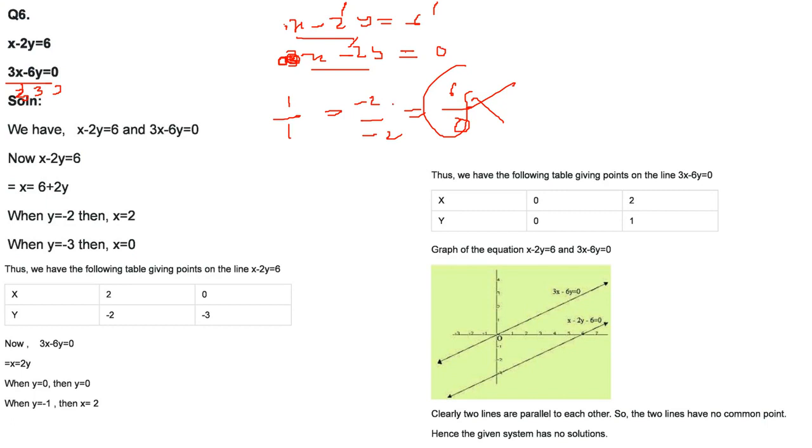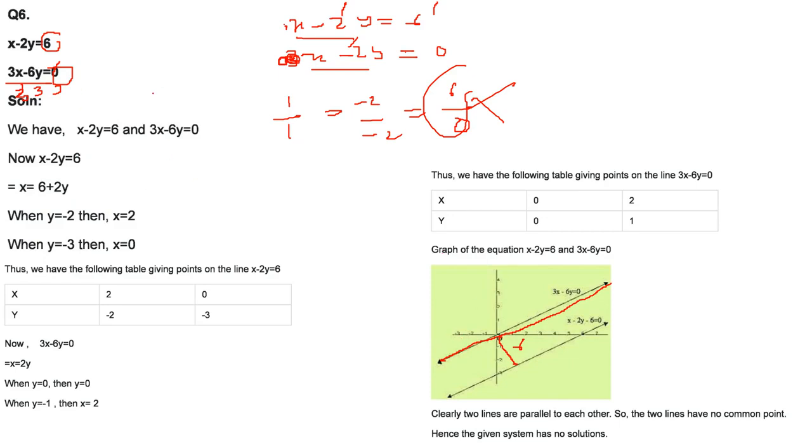But a1 by a2 and b1 by b2 are equal. When a1 by a2 and b1 by b2 are equal, that means these two are actually parallel lines. And how far they are from the origin? Because 3x minus 6y equal to 0, that means it is going to pass through origin. That is how this line is passing through origin. This one, x minus 2y, has some value as c, that is, you can say a distance from the y-axis. So this is the distance we are talking about. Actually it's a minus 6 if you see this question.